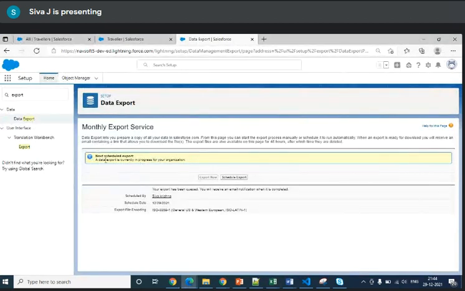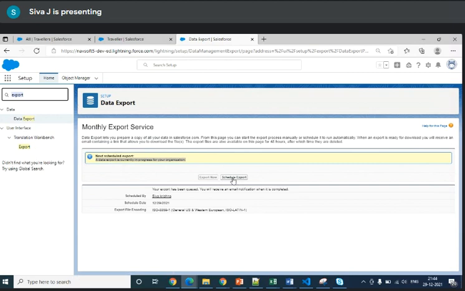So once the process has been done, it will be sent to your mail. Now, the thing is, in the import wizard, you can't do the delete operation. Either you can do insert or update, that's it, through the import wizard. And data export will just generate a file with the data from the targeted object you selected, then send it to your mail. That is the data export. It is a separate one.